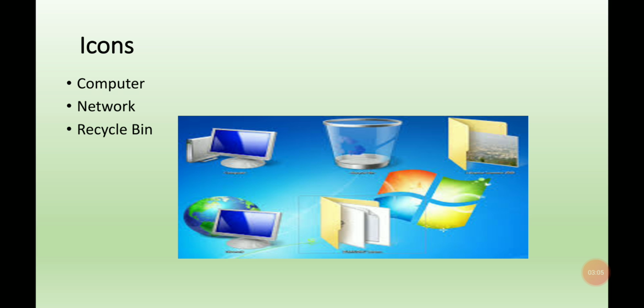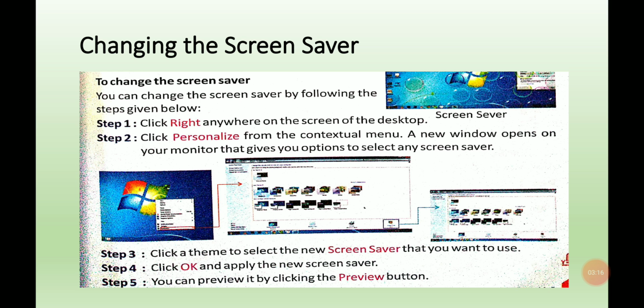So let's go further, to see how we can make some modification in our desktop screen, or Windows 7 we can say. The first method is how we can change the screensaver. First of all, we need to understand what a screensaver is. The screensaver is a computer program that gets displayed on the screen or fills it with moving images when the computer is not in use. That is known as the screensaver.